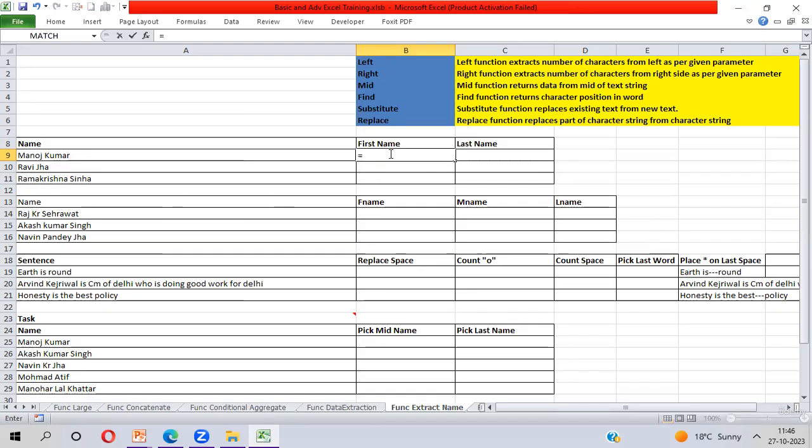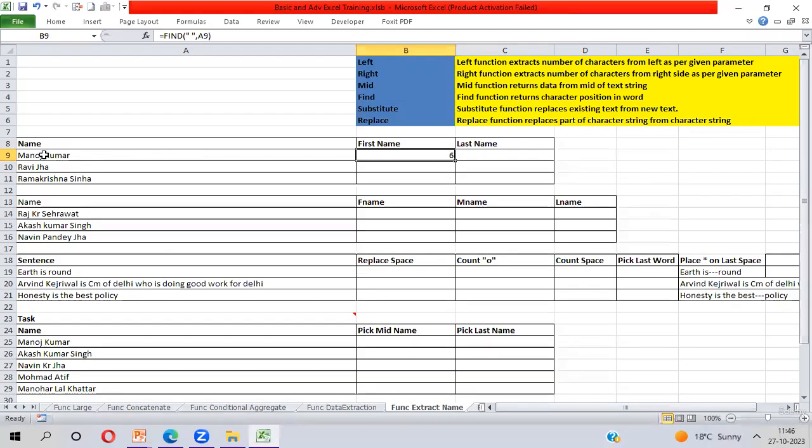You need to take FIND here, with space in inverted commas, then comma, and within text you take the reference of Manoj Kumar, bracket close. The last parameter, start number, is optional, so I'm not taking it. By default it will pick the position of the blank from the first character. Bracket close, enter. Now you can see you are getting 6 as output.